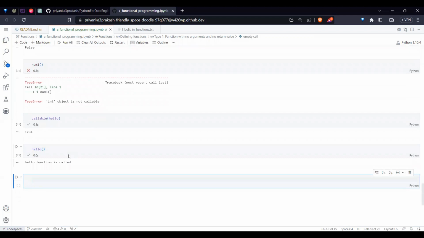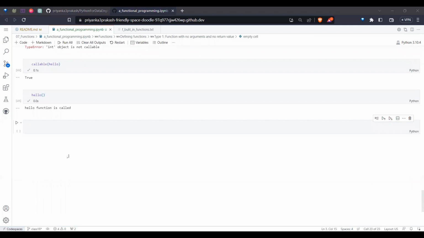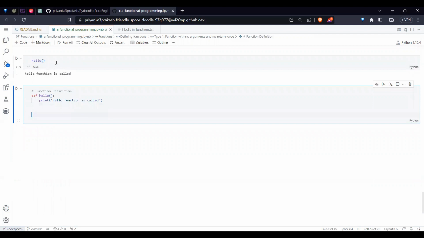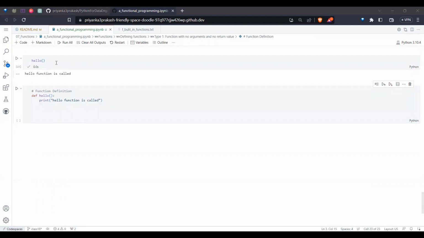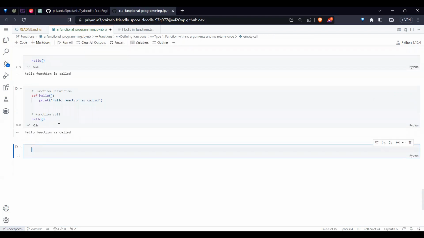Till now a function you defined, but you never executed. To make a list of what you have done: this is a function definition, and we need to have a function call. So this is a function call. So, function definition and function call. You can define hundreds of functions, but if you are not making a call, nothing will execute. So function calls are the first step for